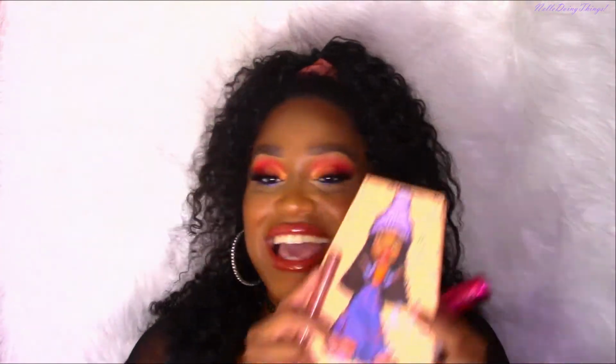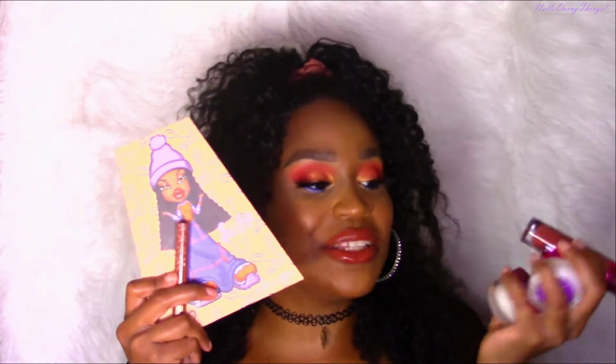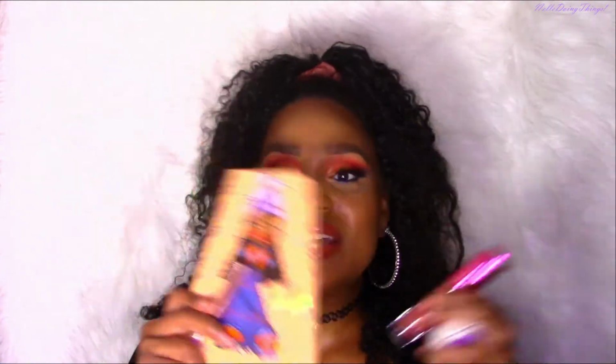I am back to talk about some new makeup, and this is a very, very cute collection. We're going to be talking about the BRATZ collection, guys. I did get the Sasha palette and the Sasha lip and the Sasha lip gloss, including lip mask and a lip scrub. So I did get at least 4 items from the whole collection. I know they had all the other BRATZ, but I said I'm getting Sasha because I had a Sasha doll,